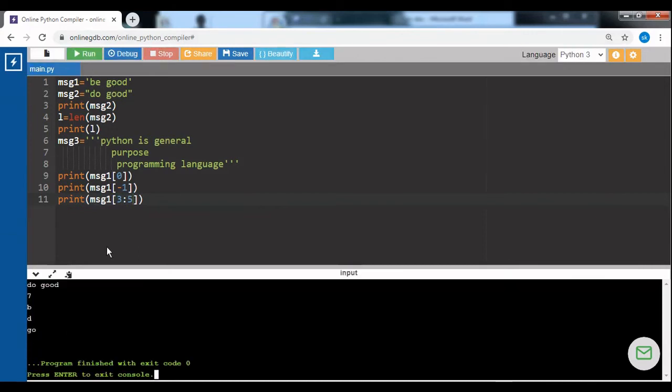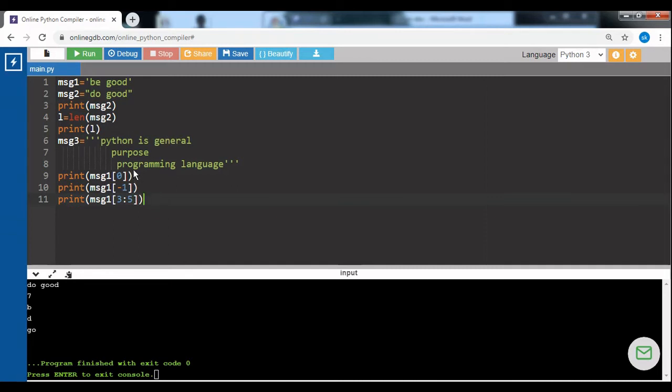In case of message1, the indices are 0, 1, 2, 3, 4, 5, 6. So I want from 3 to 5. Starting with 3, but it will stop before 5. 3 is g, right? Then 4 is o. If you specify the end value, it won't retrieve the character at the end index, but only the characters before it. So this is what the range of values is about.